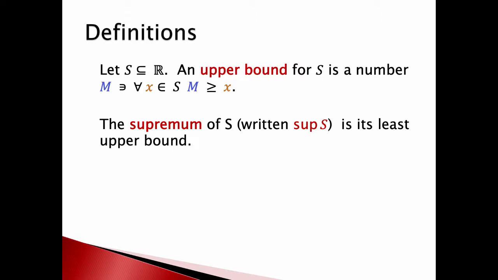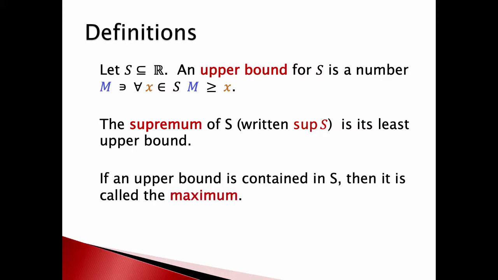Now, when you say definitions like it's the least upper bound, that's like the maximum of the minimum of the what. It's too much, right? So we'll need lots of examples, and we will do that briefly. So I want to give you the definitions first, and then we'll see several good examples. So if this is still a little confusing after you've watched the examples, rewind this a couple of times so you can see the examples and the definitions next to each other. But in general, an upper bound is just a number bigger than everything else in the set, and the soup is the smallest one of those.